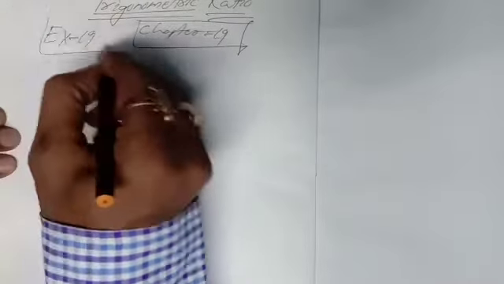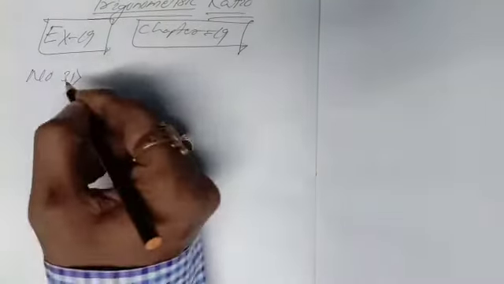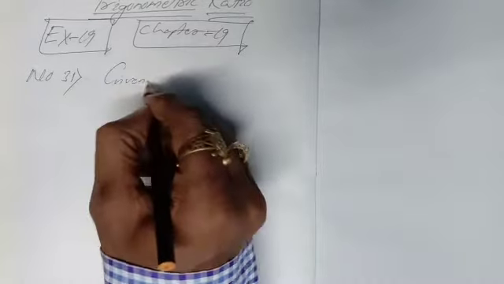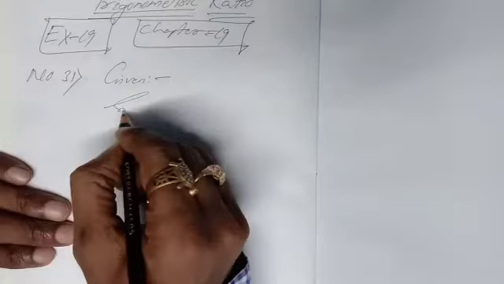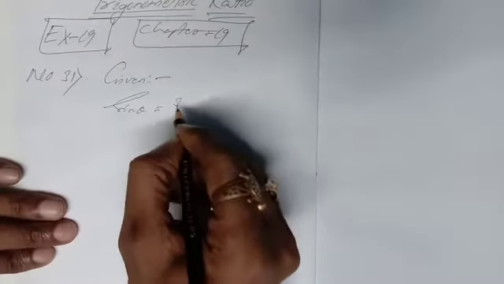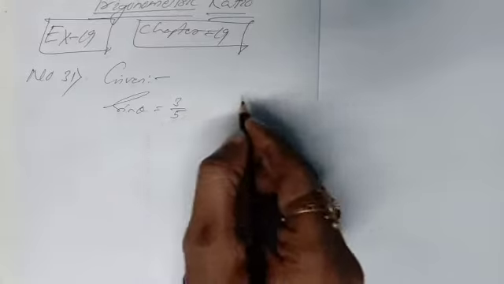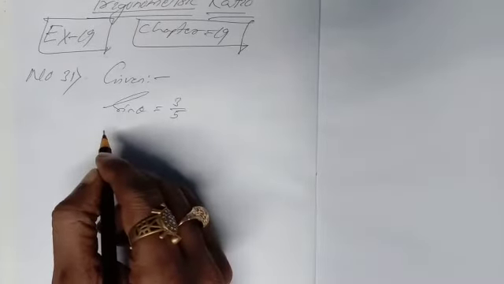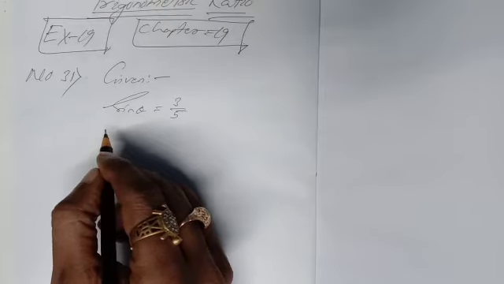Exercise number 19, question number 31. The sin theta value is given. Sin theta is equal to 3 by 5 and you have to find out the value of sin theta minus cos theta, tan theta minus sin theta, and a third part also. Let me solve one by one.